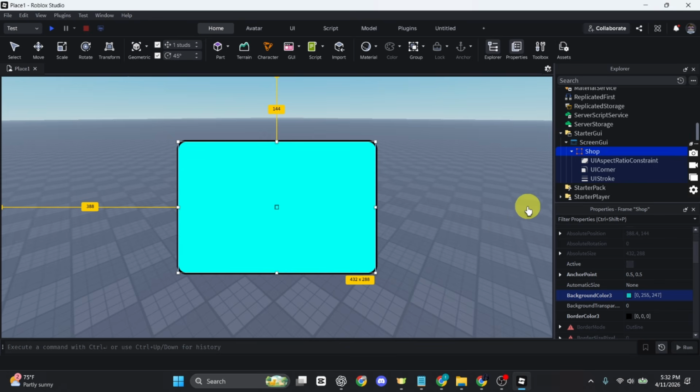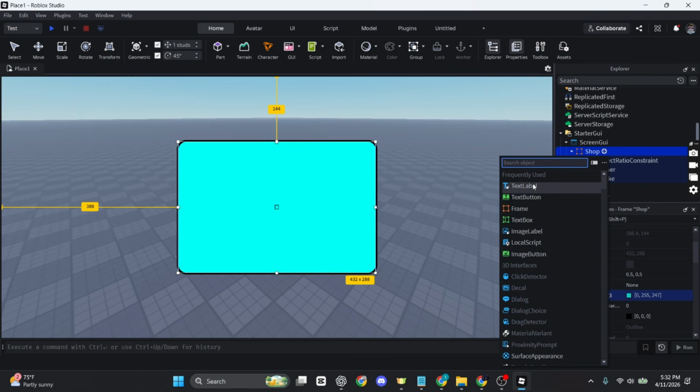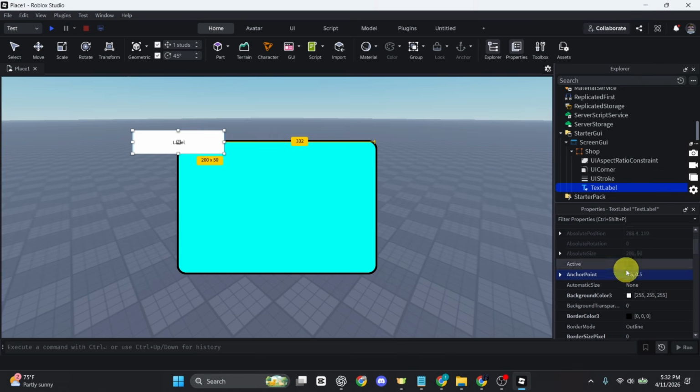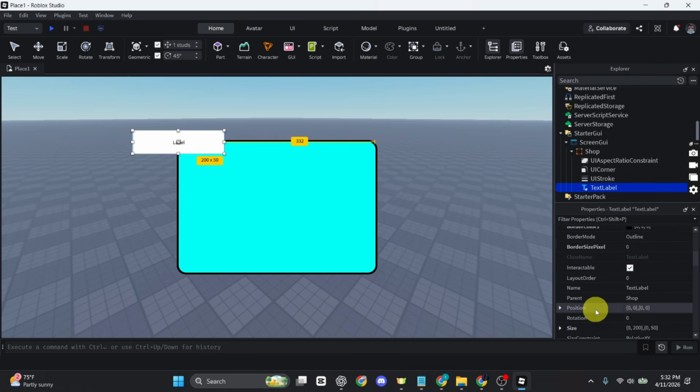Now let's create a title for the shop. Now inside the Shop, just insert a TextLabel. Just click on the plus icon for Shop and add a TextLabel, or if it is not visible here, you can just search for TextLabel. And after adding the TextLabel, select it and scroll down to the Properties panel and set the AnchorPoint to around 0.5 and hit enter. Now scroll down and navigate to Position and make sure the position is set to